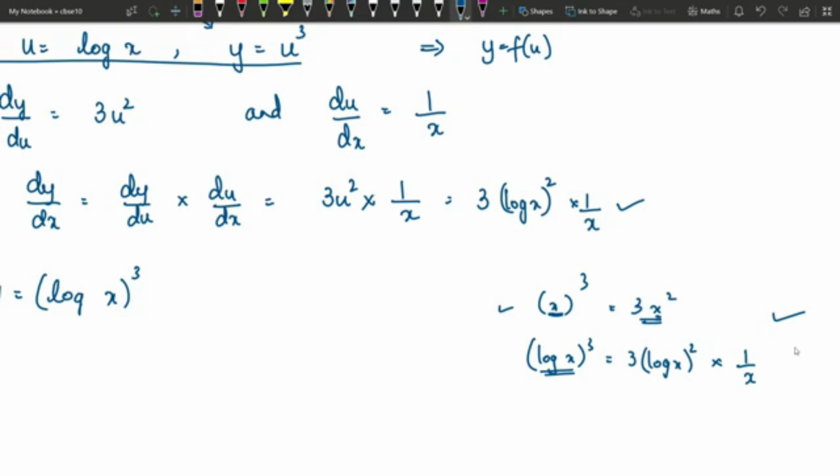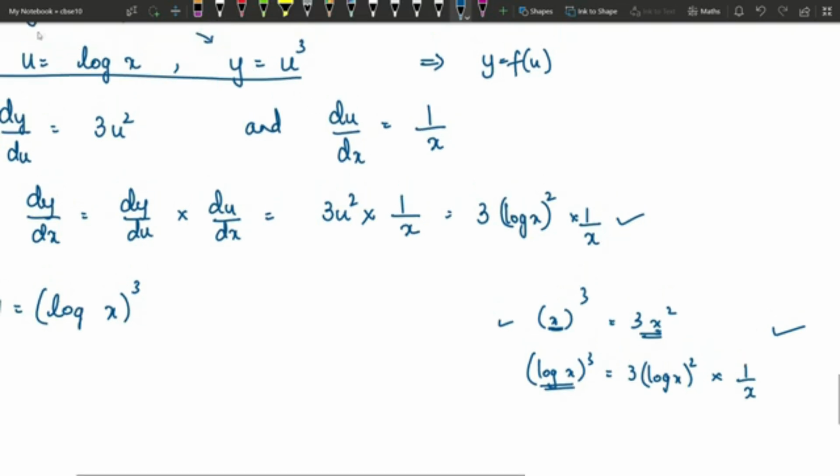You have to practice so that you should be able to solve it this way, because when you have multiple levels of function, you cannot do too many substitutions. This is basically called as substitution method. Okay, this is called as substitution method. Here we are substituting something for u. Substitution method,